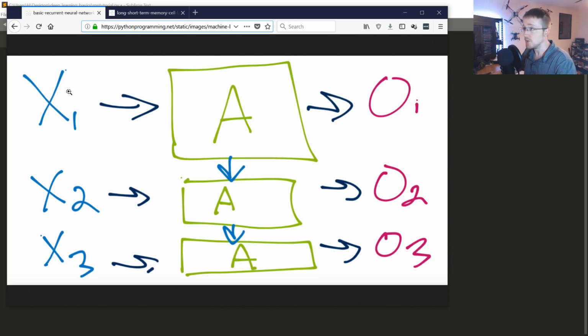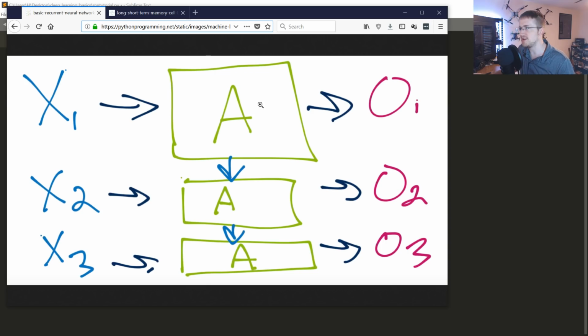Anyways, the idea here is that, let's say these green boxes are recurrent cells. You could have a basic recurrent cell, but very rarely do these get used. Usually it's an LSTM, which is short for long short-term memory. There's also the GRU, or gated recurrent unit, but again, I pretty much see everybody use LSTM cells in all honesty. So the way these work is, you've got your sequential data, and the sequential data is passed in